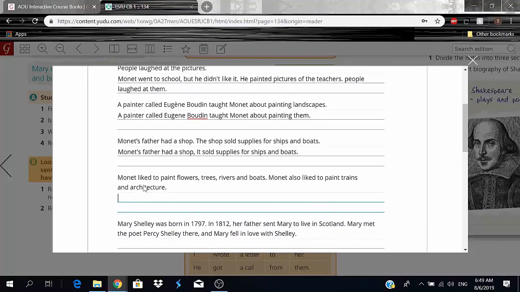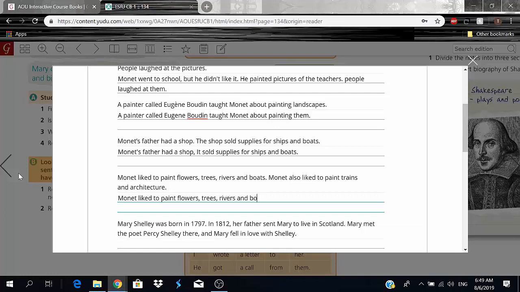Okay, so number 4. Monet liked to paint flowers, trees, rivers, and boats. Monet also liked to paint trains and architecture. You guys should easily guess this one. This one's really easy. So let's hop right in. Monet liked to paint flowers, trees,